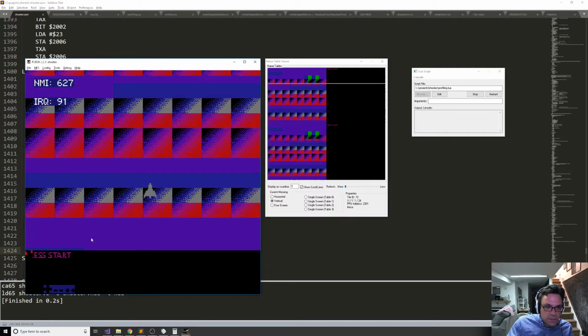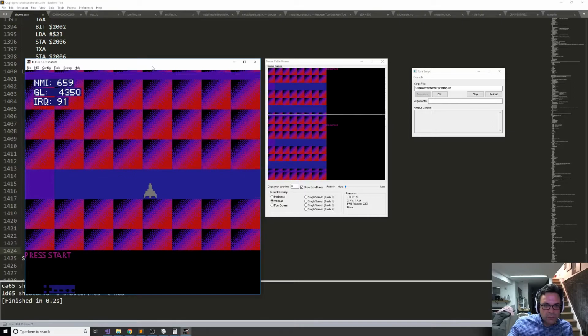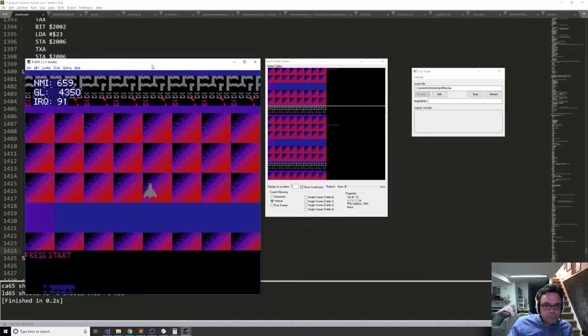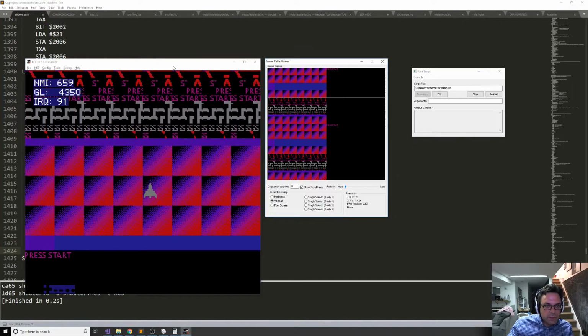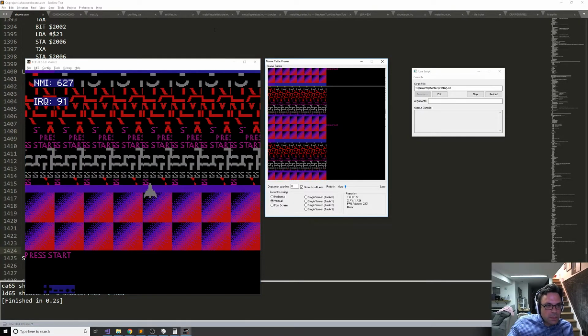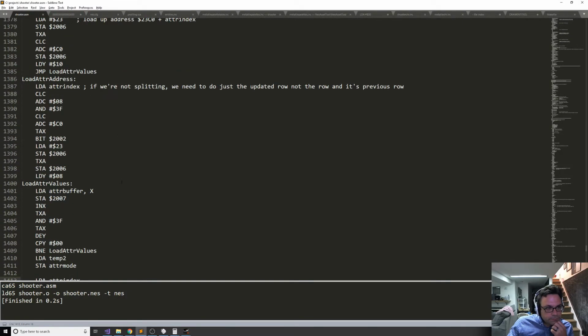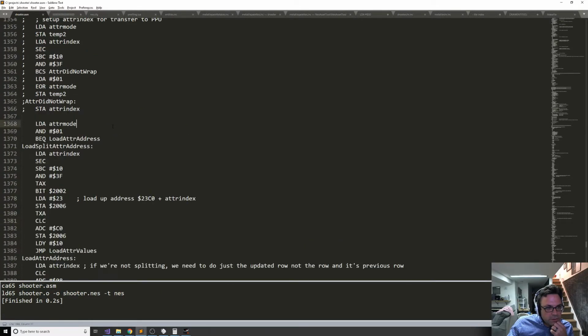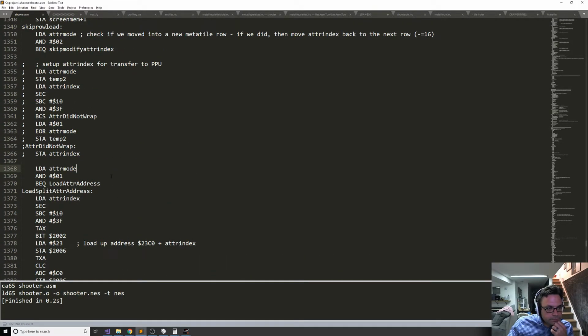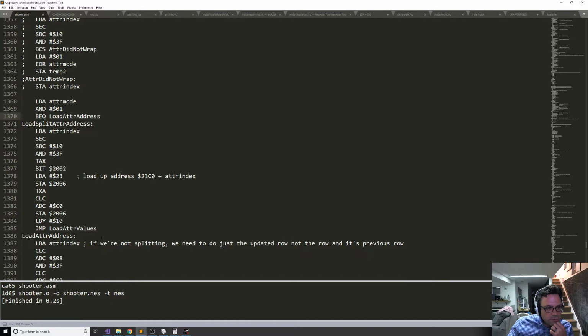This code is not exactly what I was hoping for here. That's totally not working right now. Now we're just modifying the name table. All right, so that's great. Load the attribute mode, branch if equal to that one. Otherwise,